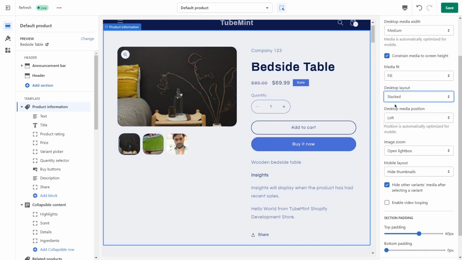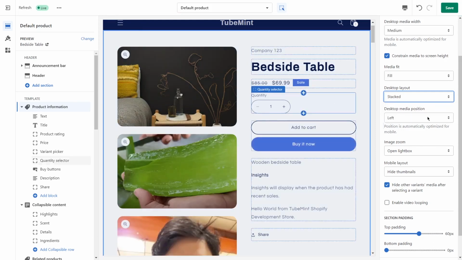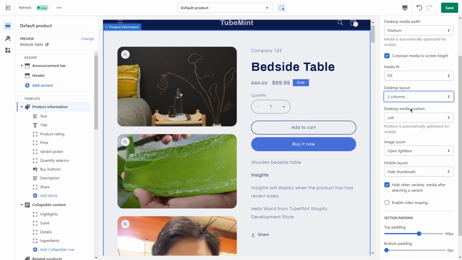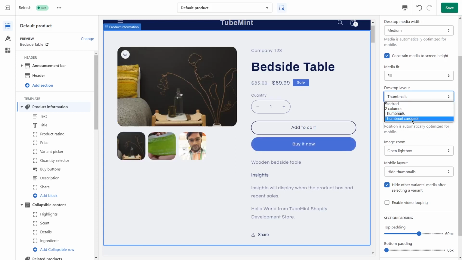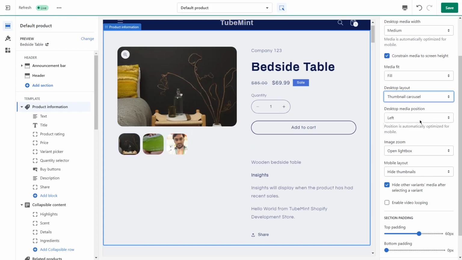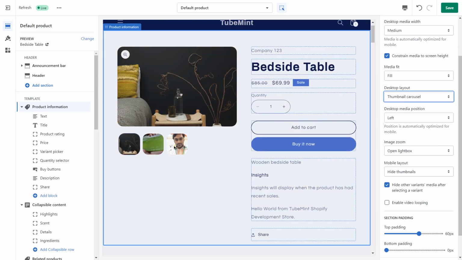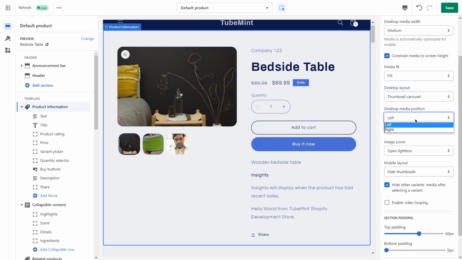So stacked will basically stack the images like that. 2-column will show like this. Thumbnail would be like this, then we have thumbnail carousel. So whichever one is good for your